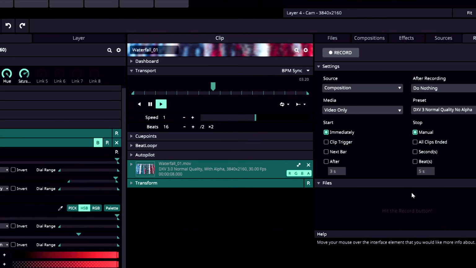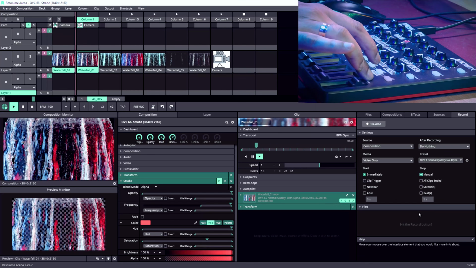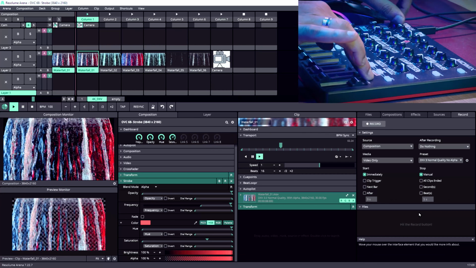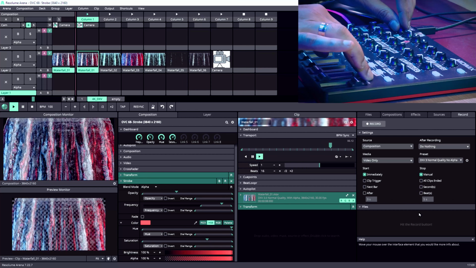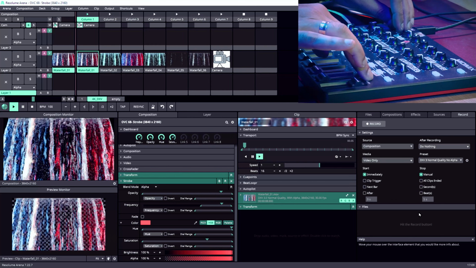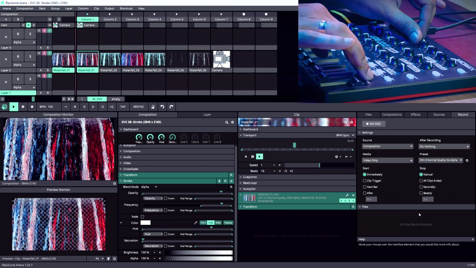Let's get out of MIDI mapping by pressing Ctrl+Shift+M. So now we have our on off and we have 4 controls. So now we can control, we can mix, we can change the color and the saturation.